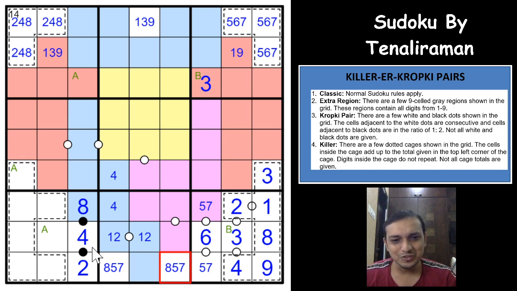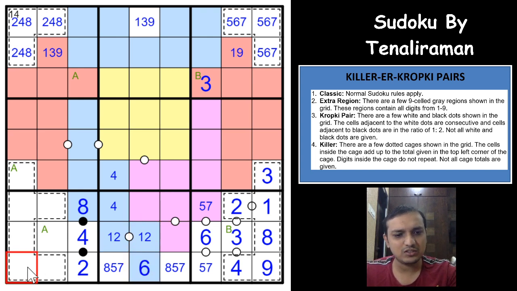Excellent. So which means that the remaining 3 digits here in this row are 1, 3 and 6, right? And as you can see here, this is a 2, so one of the 3 would have to be here. We already deduced that a 2, 3 pair was here in one of these 2 cells, right? So now it is already a 2 here, so 3 would have to be in one of these 2 cells. So this would have to be a 6 now. So 1 and 3 is not possible.